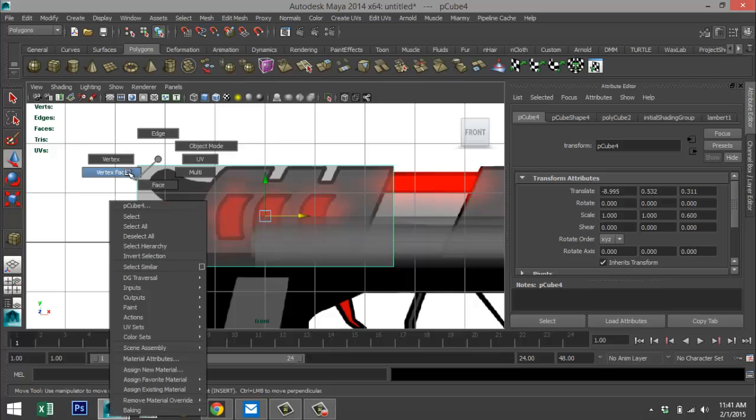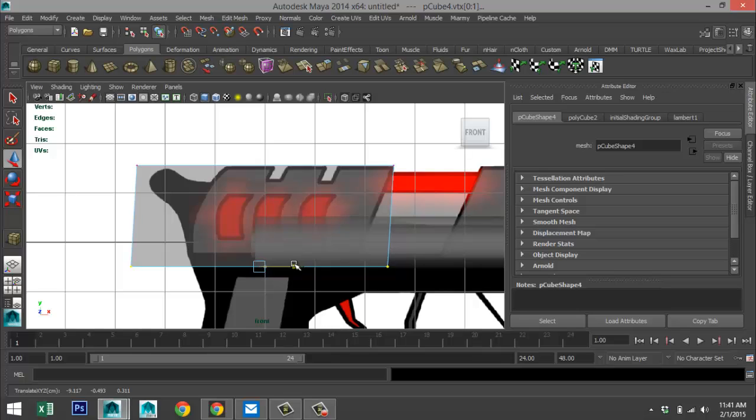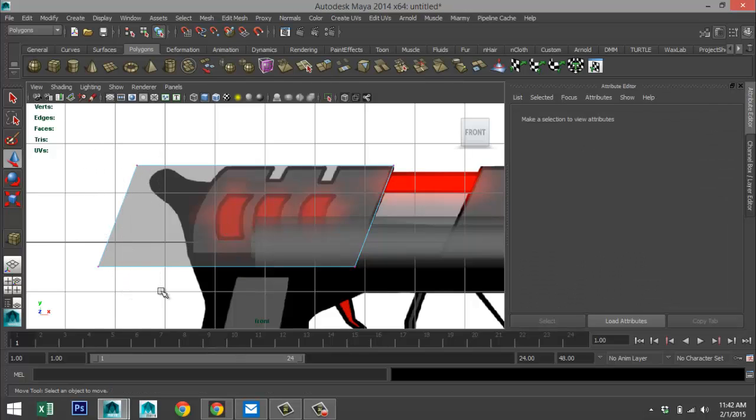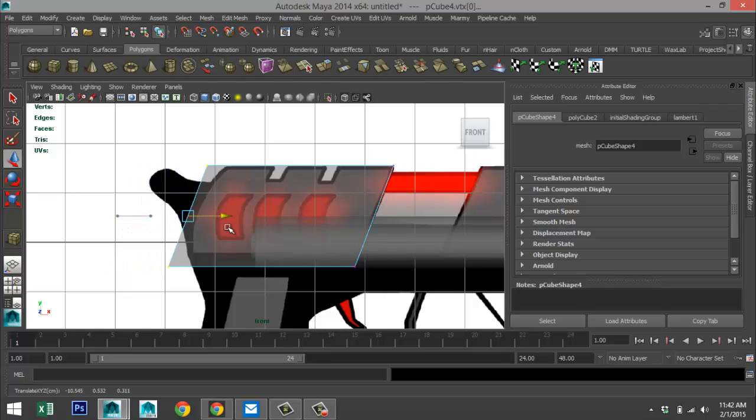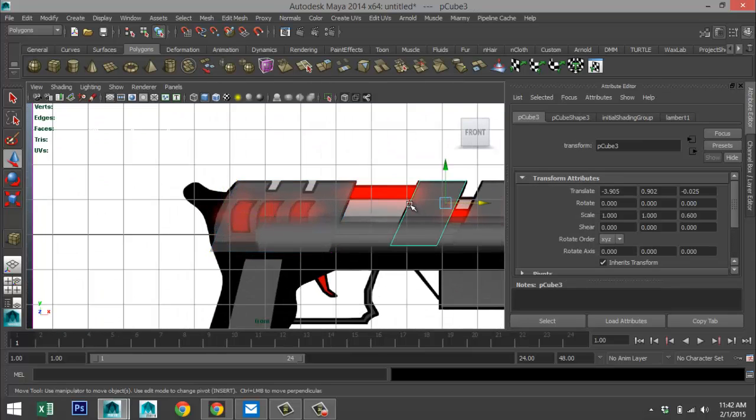And then we're going to right click, go to vertex, drag select these two down here, and move that until we have the same line, if you will. We'll take these two, bring that into that point up there, and then that's going to there, okay.